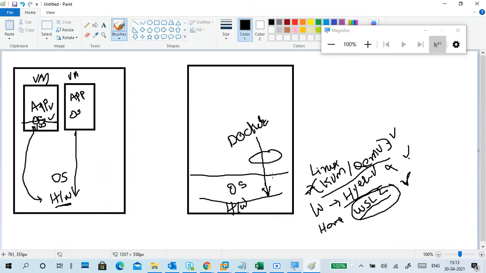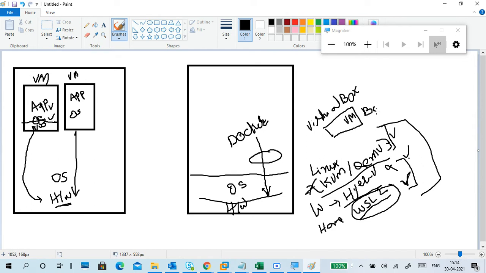What is the use of this one? This kind of virtualization is supported in Windows 10 and Windows Server 2019, and in Linux. But if you are using Windows 7, Windows 8 or an older version of Windows 10, you don't have virtualization platforms by default with your operating system. So what it will do? First, it installs VirtualBox. Inside VirtualBox, it creates a virtual machine using that boot2docker image.